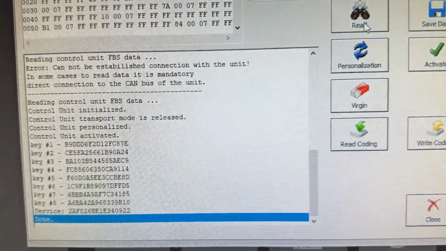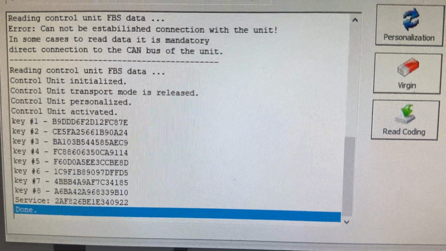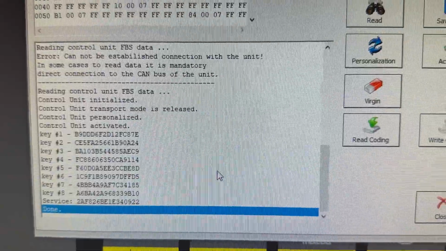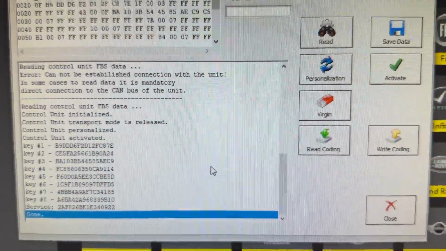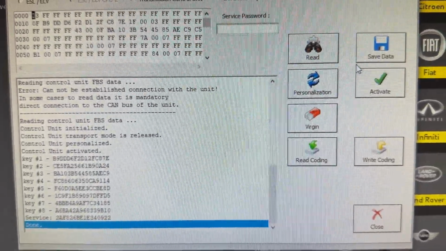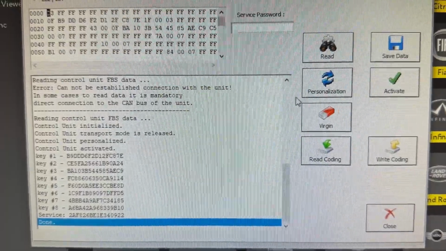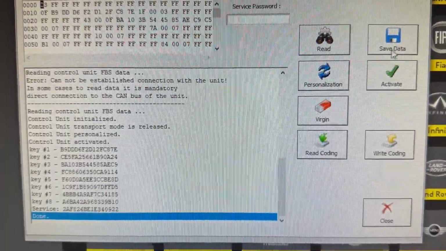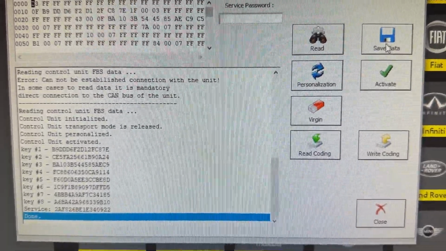And there it is. Okay, so now we have our 8 key hashes and our service password. So the first thing we need to do is just save this data, just in case something goes wrong, we want to be able to put this into its original state and send it back to whoever sold it to us. All right, so we're going to save this data,